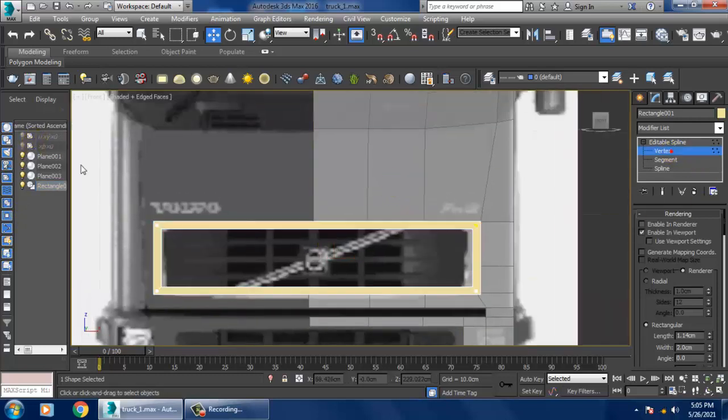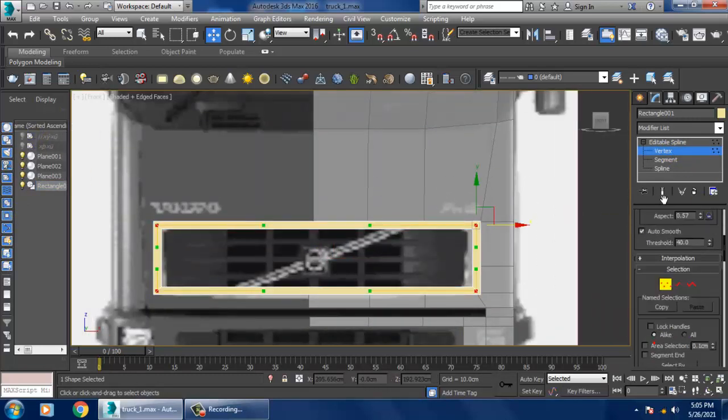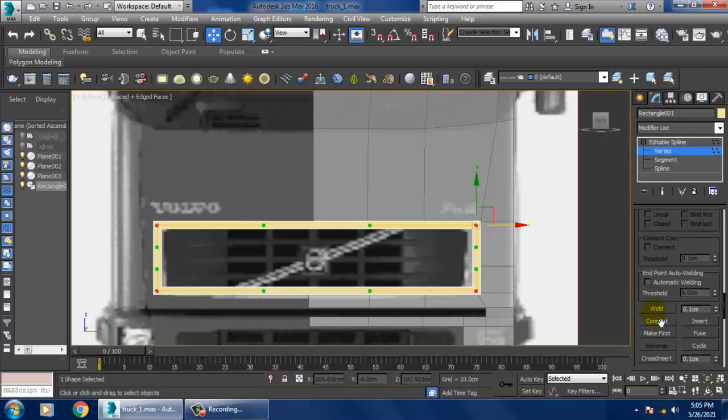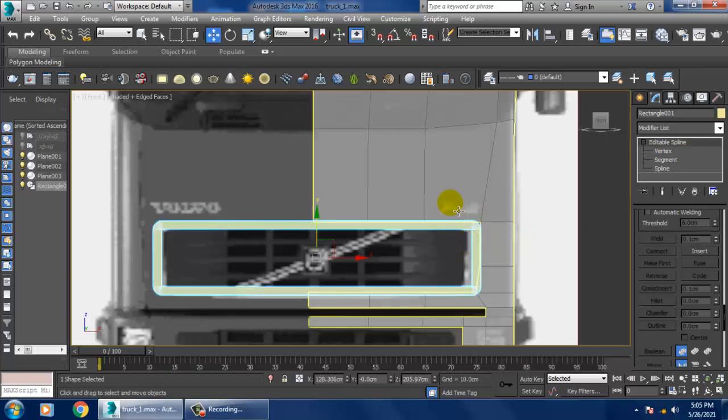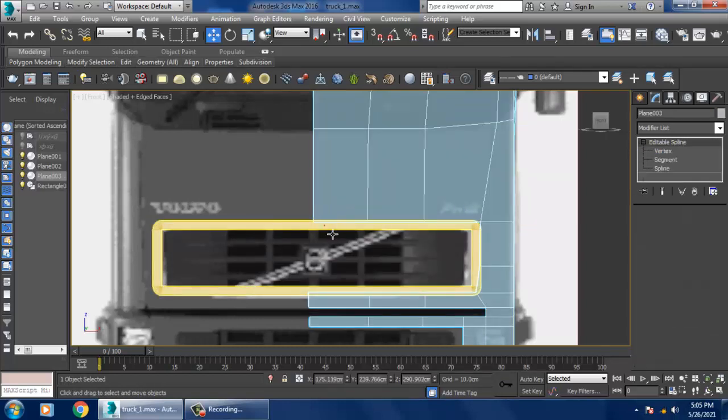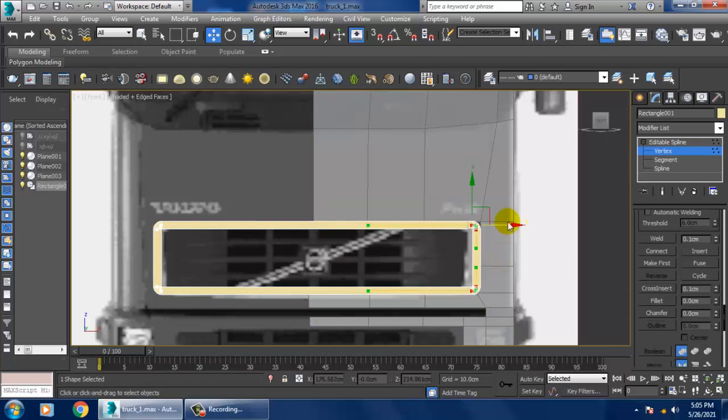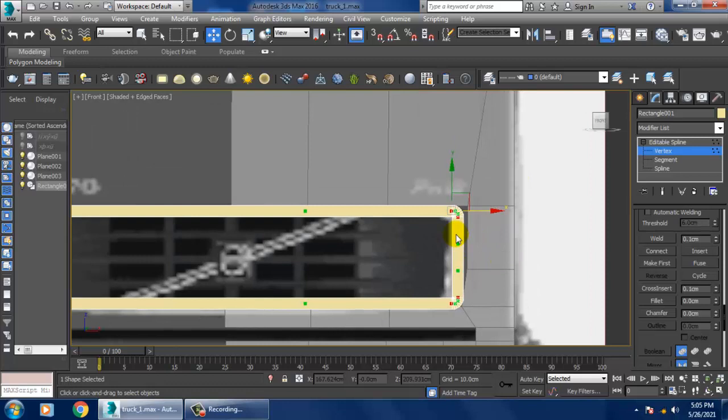Let's go into the vertices and give a bit of fillet to it slightly. So I can slightly adjust this in this way. Definitely will be doing that. I'll select this and adjust it in this way.